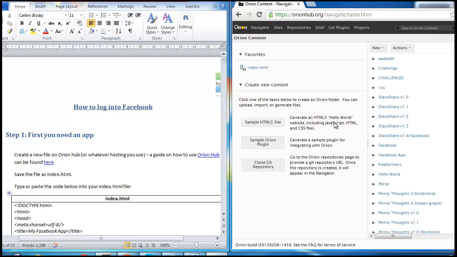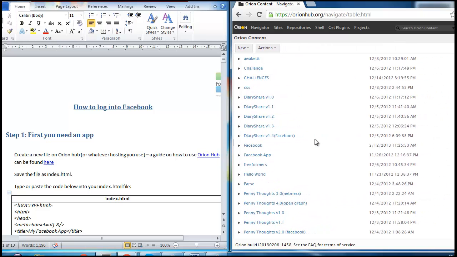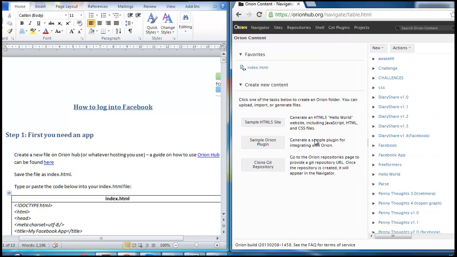We could create a new one using the new feature here, but I'll show you a quicker way by just using the sample HTML5 site generator on the left. If this section here isn't visible for you, then you should just select the browser that you're running Orion Hub in and press Control and letter O, and it should appear or disappear depending on whether it's visible or not. Once you can see it, hit sample HTML5 site,